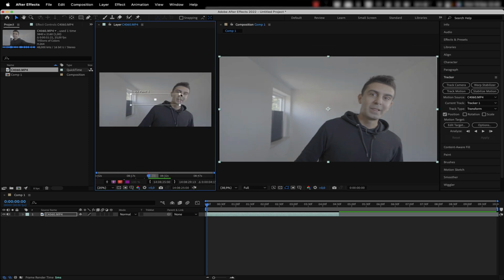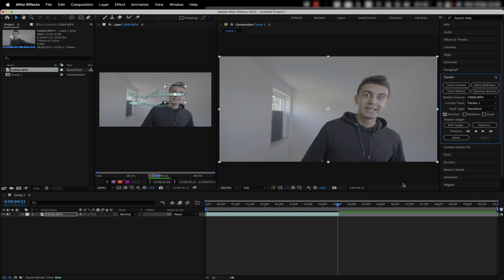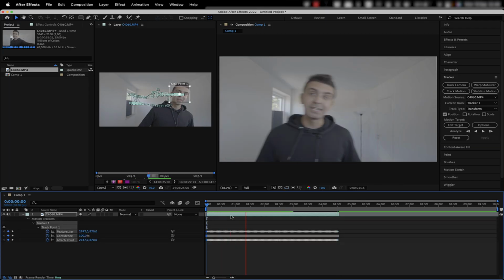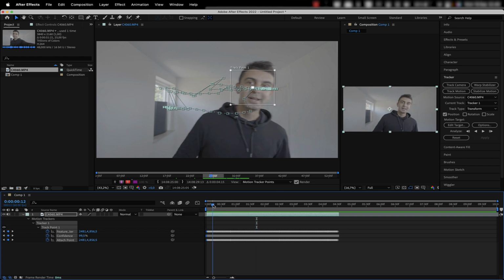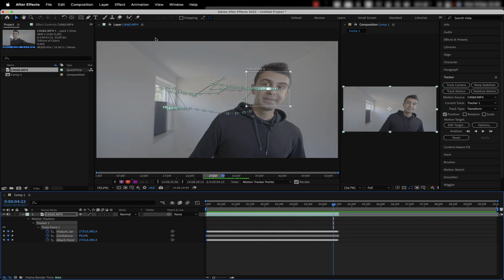Now, motion tracking does the obvious. It tracks a specific motion of an element, no matter what that is. But don't confuse it with keyframing, because it's a lot more than that. Well, in other words, motion tracking is a keyframing AI. What it could take you hours and hours, the software does in a couple of seconds. So it analyzes one specific motion and it lets you decide what you want to do with that information. Okay, let's talk about